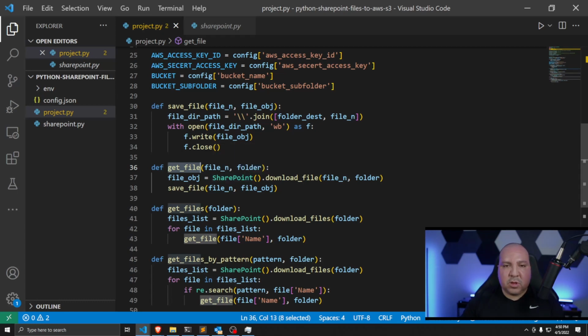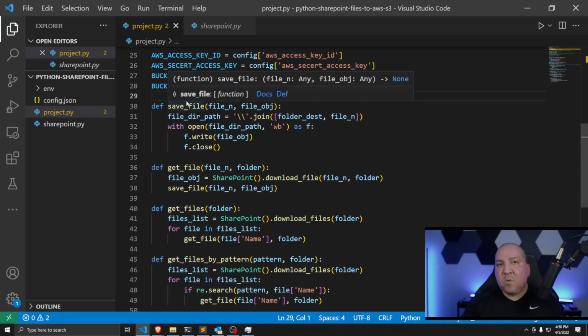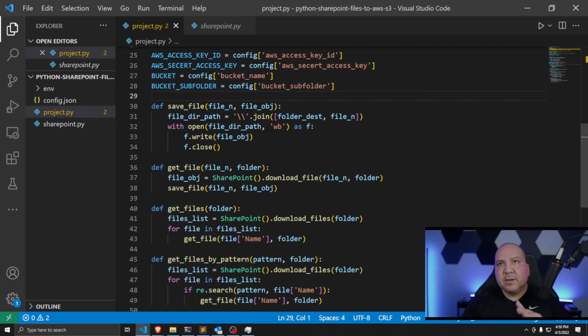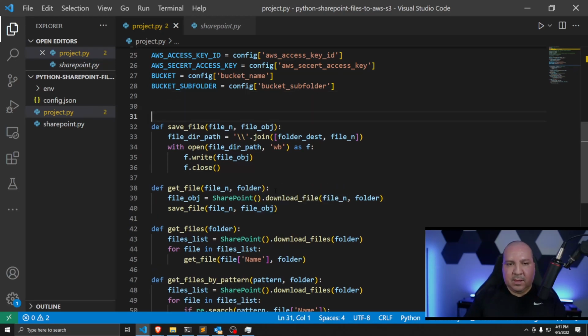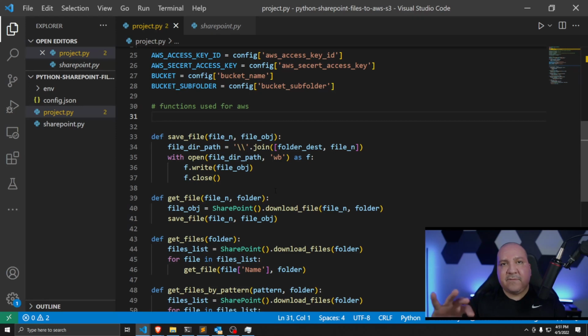But before we make those small modifications, we're actually gonna create two new functions. I'm going to call these functions used for AWS, just call it that. So these are going to be specifically used for AWS. One of them is going to be the upload function for uploading, and the other function is going to be